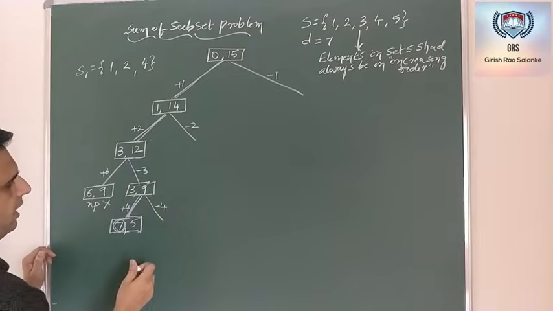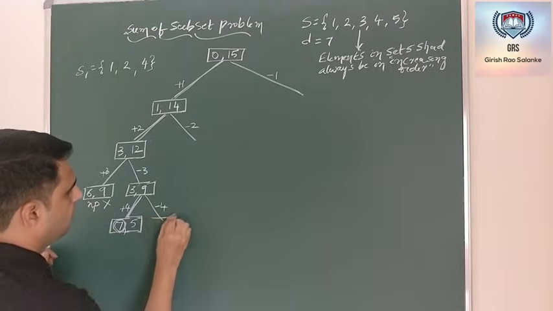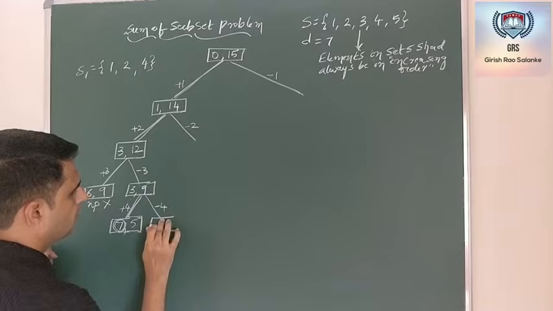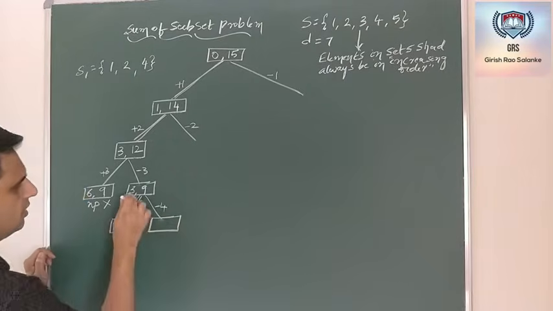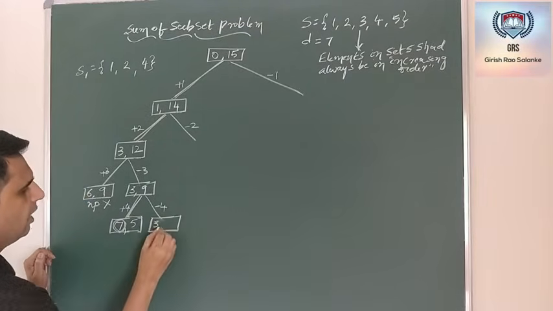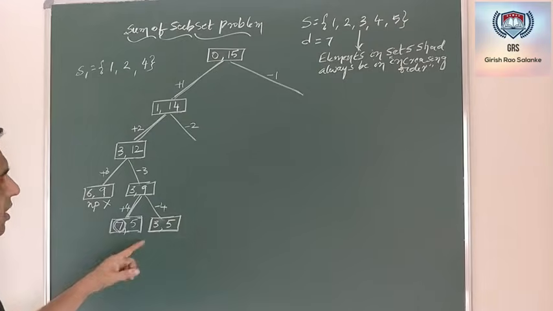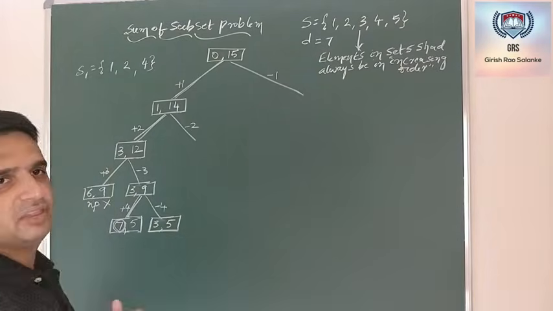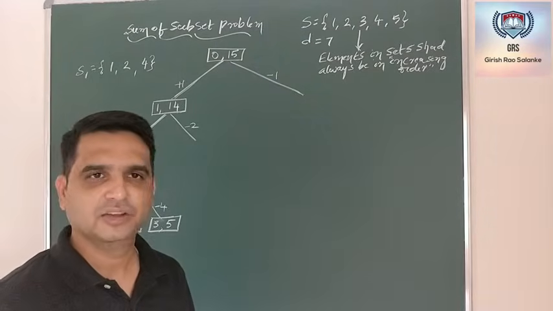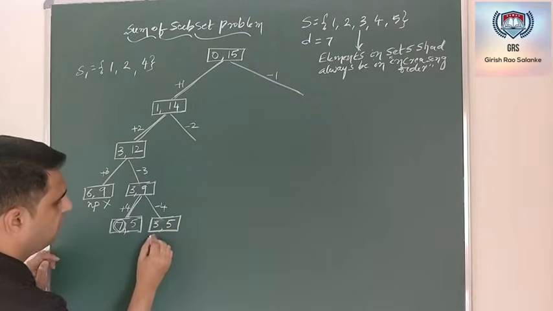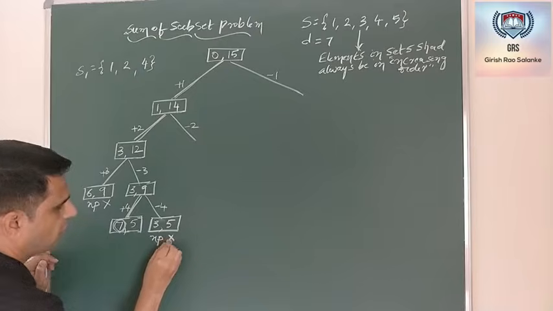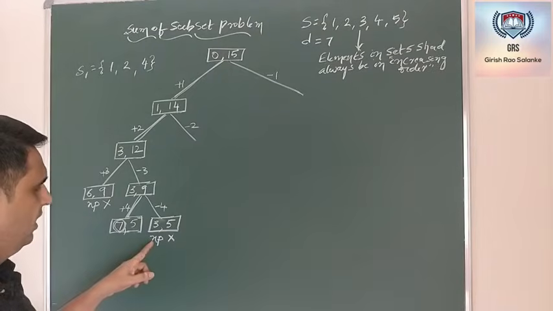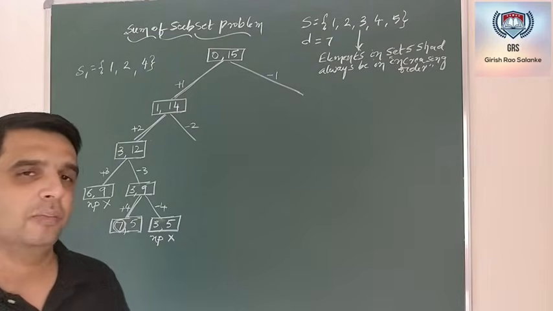Now go for this particular part. So this part will be 3 minus 4 is 3, and 9 minus 4 is 5. Now try to add the next object. The next object is 5. 3 plus 5 is 8, which is greater than d. So I am not going to get the solution. Hence this is a non-promising node. Stop here. I am using small np to denote the non-promising node.